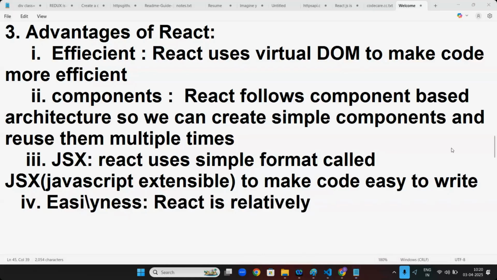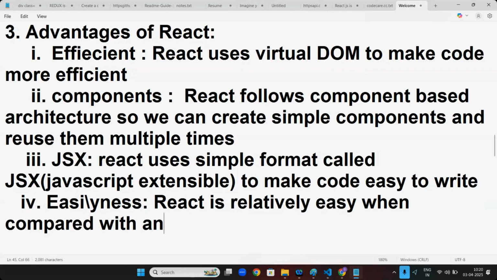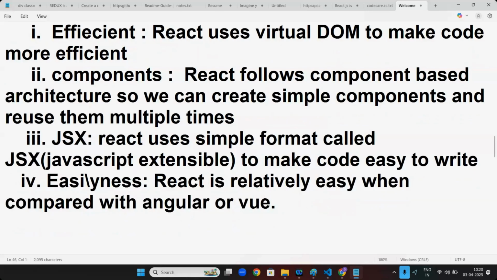Relatively easy when compared with Angular or Vue.